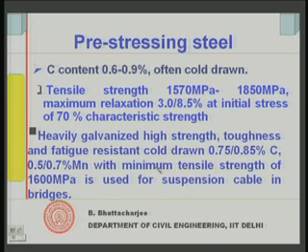So, they are work hardened to get a relatively high strength, and you can see that normal mild steel has a yield strength of only about 250 MPa. Reinforcing steel, which we also use, will have about 415 or 500 MPa yield strength, or 0.2% proof stress, but here we are looking at a strength of about 1600 MPa. Of course, the useful strength would be this, and that is what is used for suspension cables in cable-stayed bridges. So, I think this should finish our discussion on structural steels.